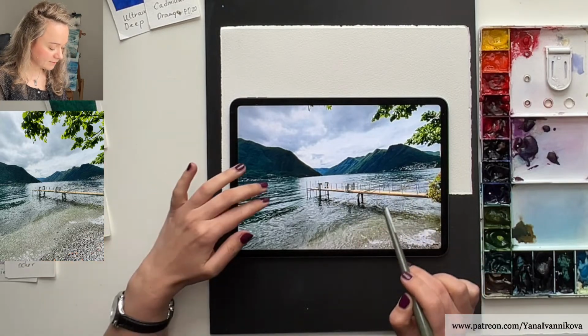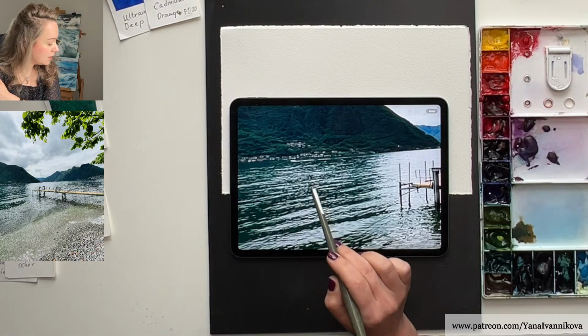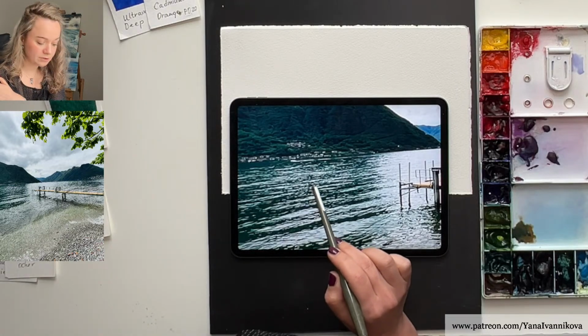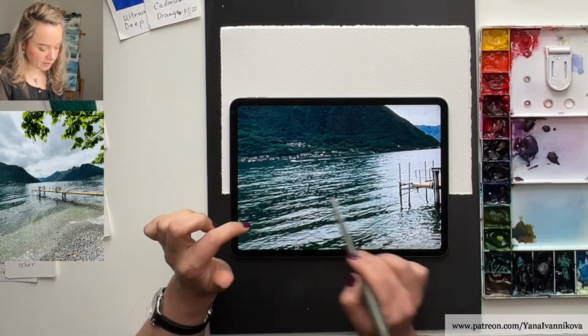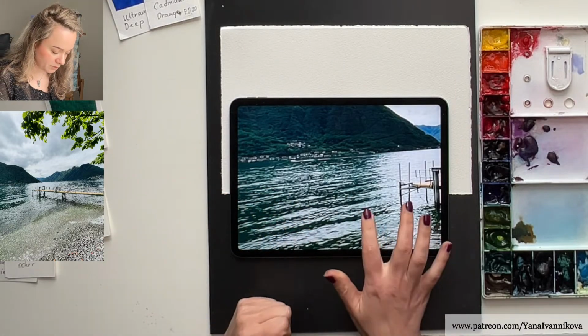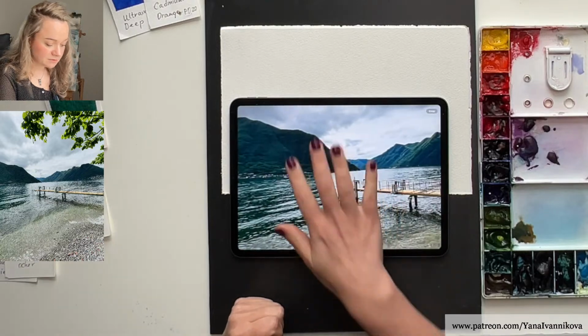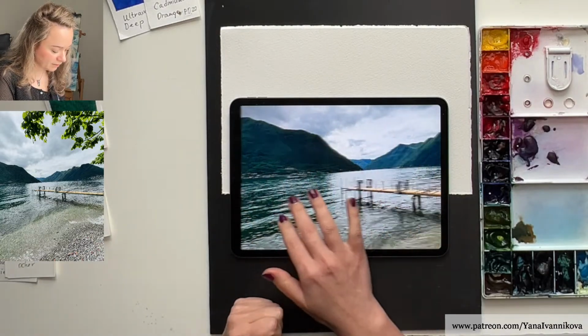It is getting a bit more greenish. This will be phthalo green, just a bit added to our gray, because the reflection which is here also influences the color of the water. But in general, it's the same grayish blue, and the reflection from all these hills